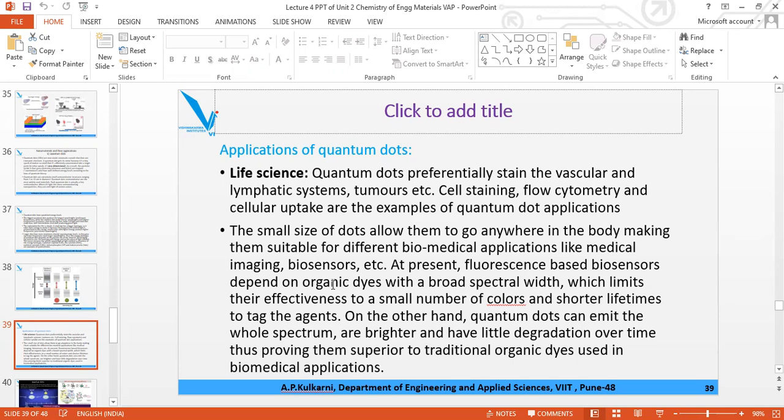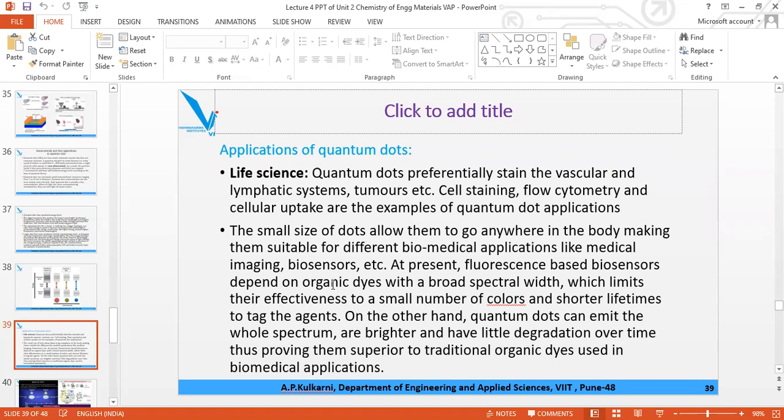Also it is useful for the vascular and lymphatic systems. These are the two types of circulatory system in the body. So in blood circulation also, if the heart is not working, where is that particular part where some blockage is there?